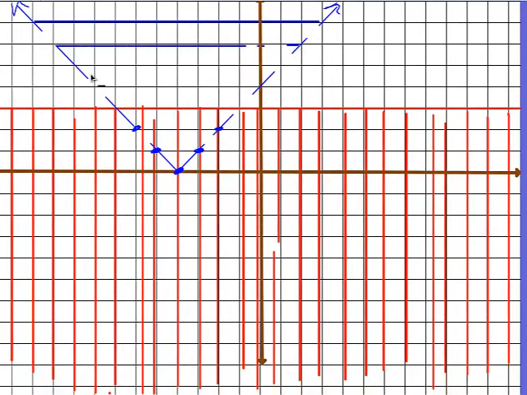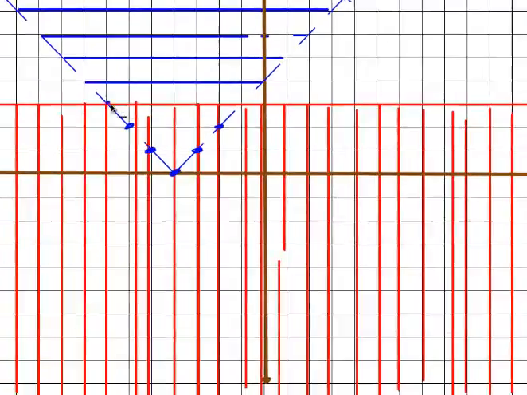If A is positive and it's greater than, then it'll be inside the V. If A is negative, the number in front of the absolute value function. If A is positive and it's less than, then it's outside the V. If it's less than and A is negative, it'll be inside the V. If it's greater than and A is negative, it'll be outside the V. The easiest way to do it is just not worry about memorizing all that garbage, but just look at the